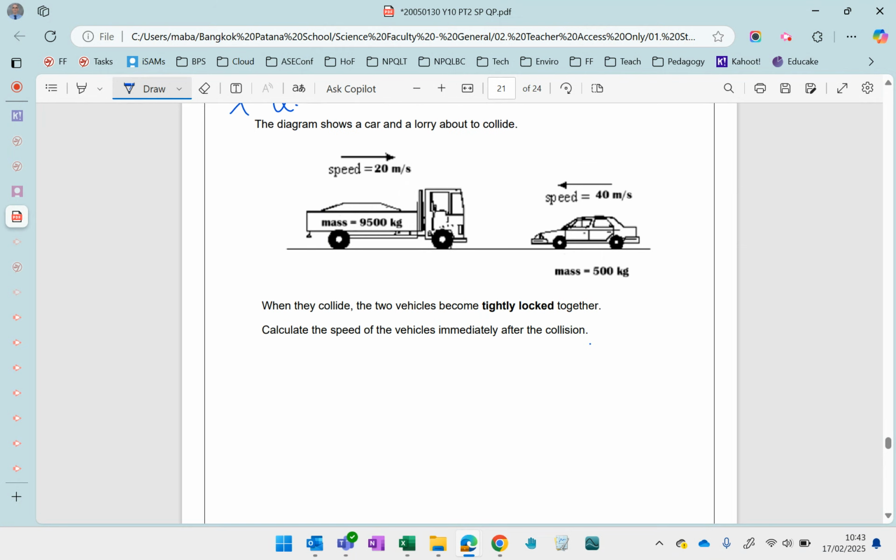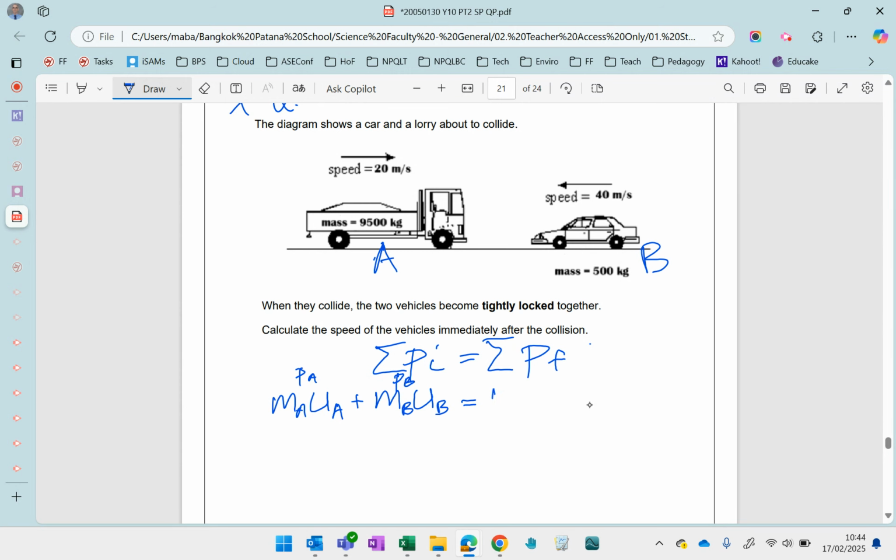So to answer this question, we're going to have to use the principle of conservation of momentum, and we can express that as the total initial momentum is equal to the total final momentum. So I'm going to call this one A, I'm going to call this one B. So that means the mass of A times the initial velocity of A added to the mass of B times the initial velocity of B. So this is like the momentum of A, and this is like the initial momentum of B. Okay, then that's going to be equal to